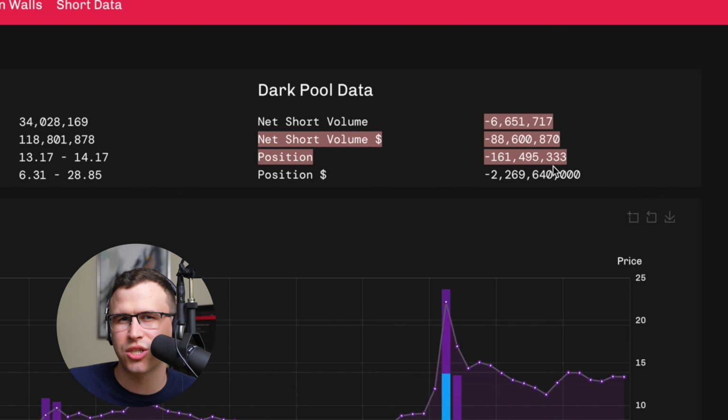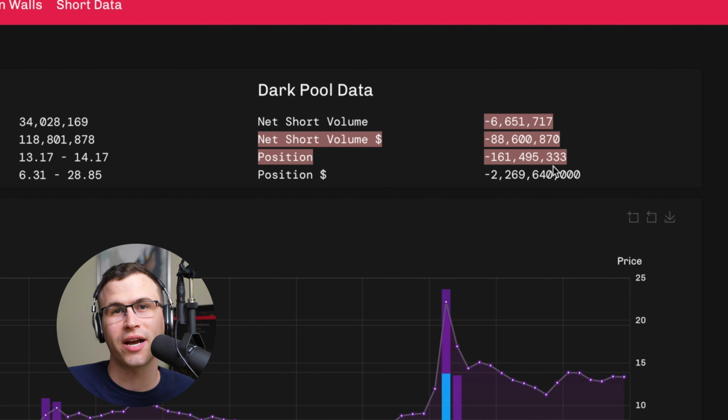This indicates that potentially we have large institutions buying on dark pools and selling on open market, creating downward pressure to suppress price without influencing upward price movement. Or we have purchases to cover massive naked synthetic shorting. Either way, it seems like it could be massive manipulation that we got here. Again, very interesting stuff, and it shows that they really are trying their hardest to push CLOV's price down.